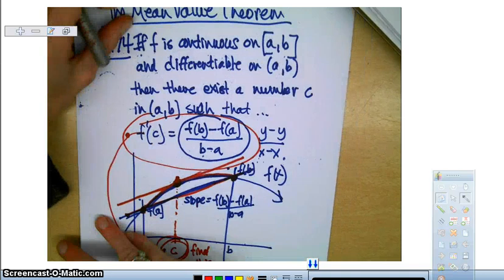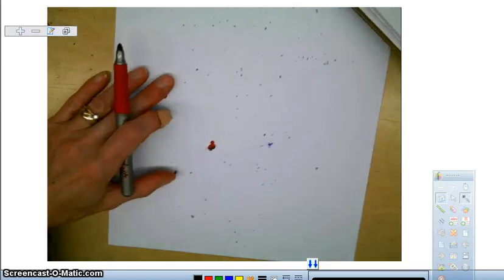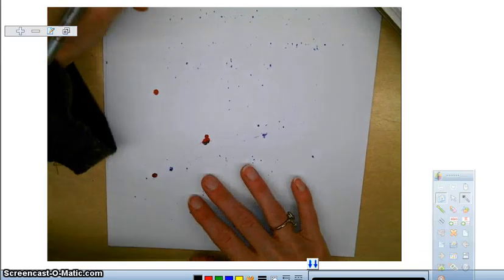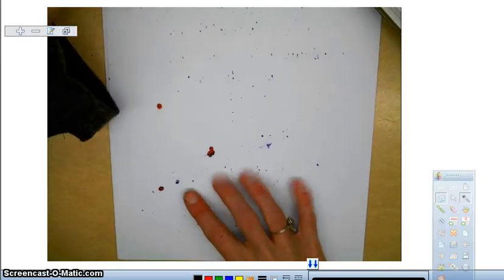So let's look at a couple of examples for the mean value theorem, and then you'll even have time to start your homework. So the mean value theorem, let's take a look at